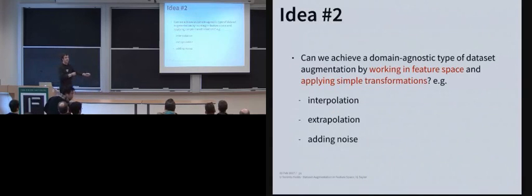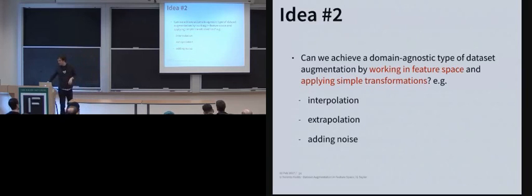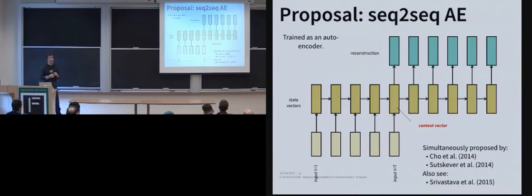So instead of doing a very specific type of transformation like adding domain-specific noise, cropping, or scaling, we're going to consider a very simple type of transformation in feature space. Consider adding a generic type of noise like Gaussian noise, doing an extrapolation, or doing an interpolation in feature space. And of course, we could use any type of representation learning architecture. It might be an RBM, an autoencoder, a generative adversarial network, or a variational autoencoder. We could choose any type we desire.